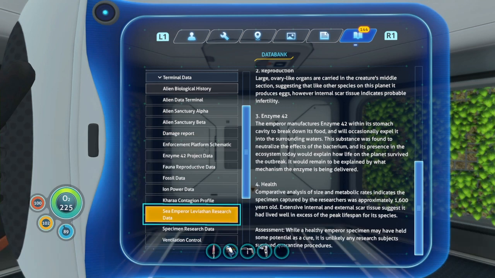Anywho, enzyme 42. The Emperor manufactures enzyme 42 within its stomach cavity to break down its food, and will occasionally expel it into the surrounding